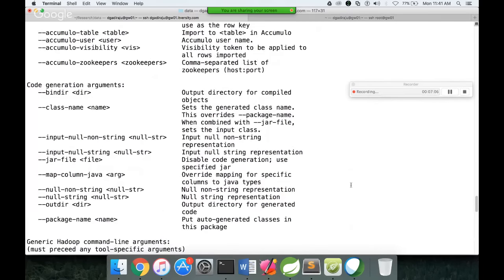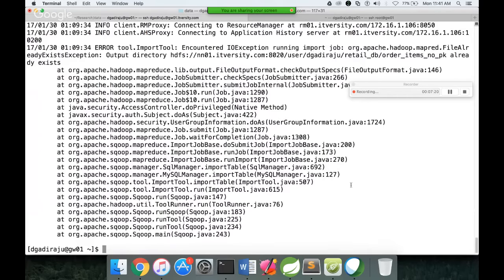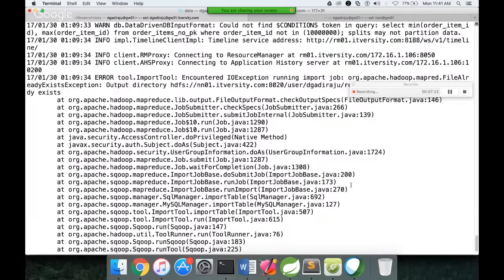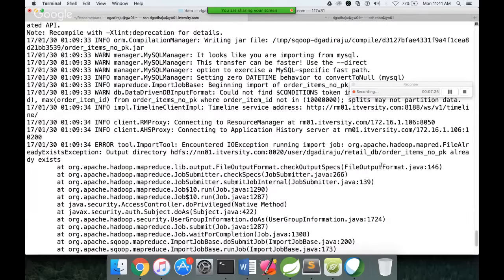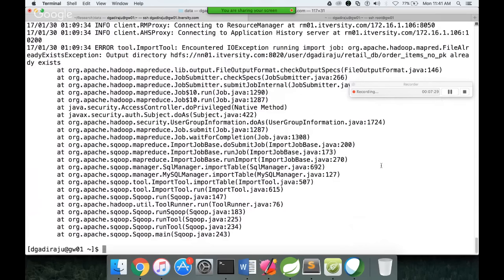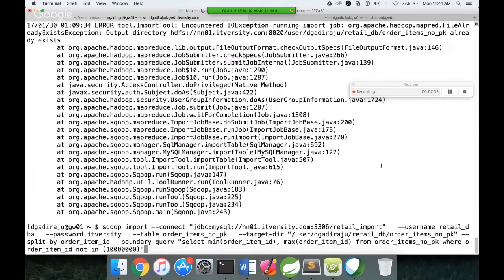So if you use append, it will copy whatever data is read from the source into that HDFS location. It will create a new set of files, and those new files will have the copy of data which is copied as part of that run. Instead of append, if you say delete target directory, it will replace this directory and copy the data again into that location. So here I can say delete target directory, and also I want to show the power